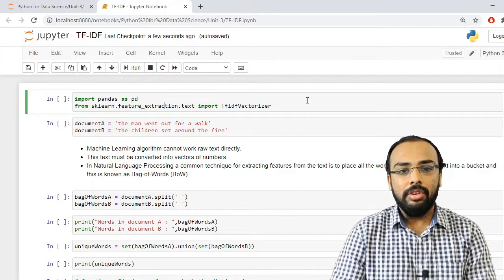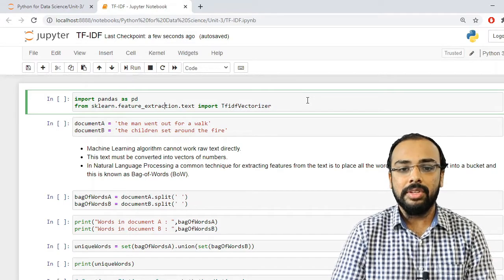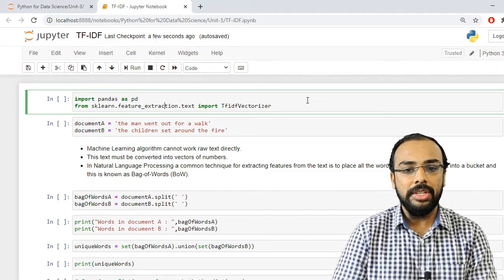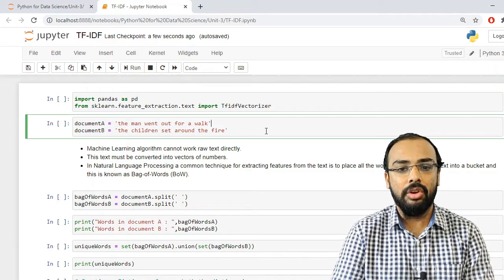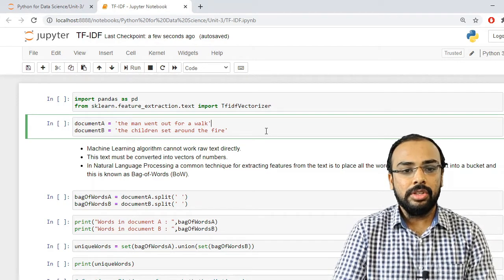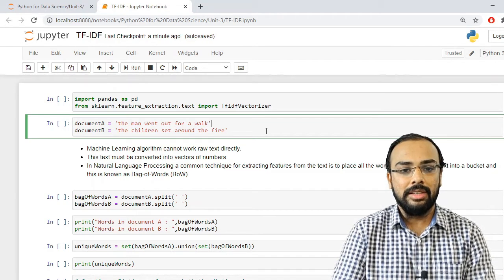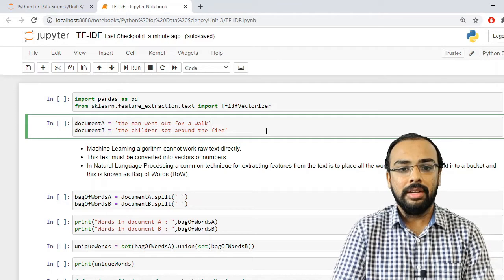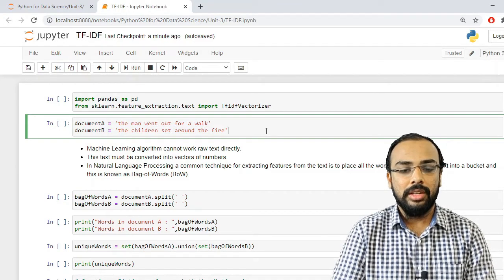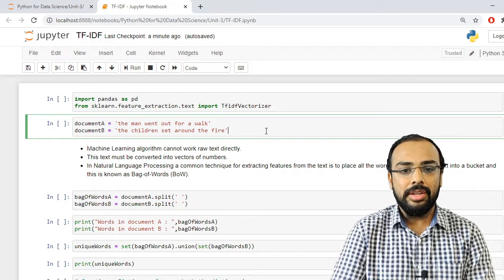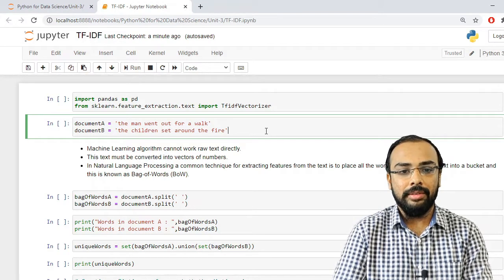Whenever we want to perform TF-IDF, the first thing is we need to have different documents. For simplicity I am considering two documents, document A and document B. The first document stores the text "the man went out for a walk", and document B stores the text "the children sat around the fire".